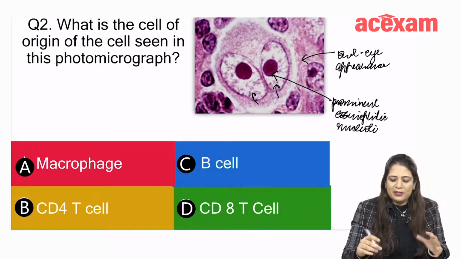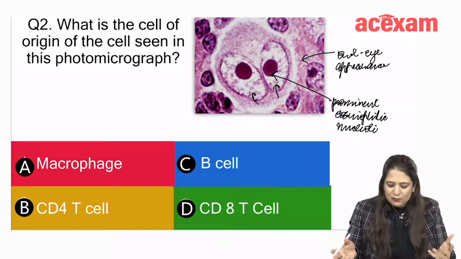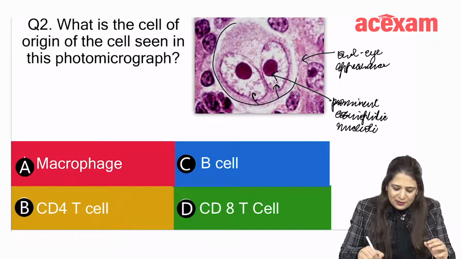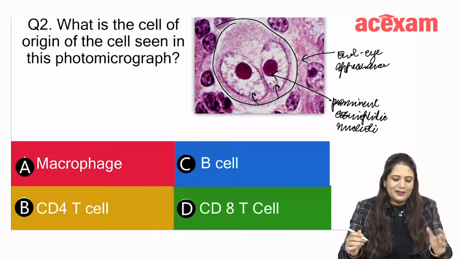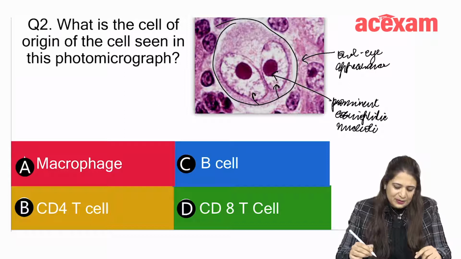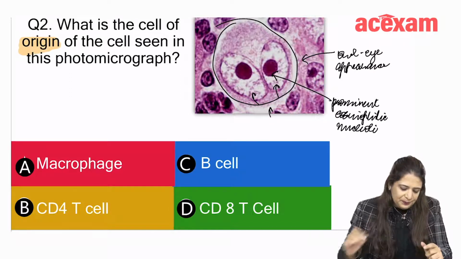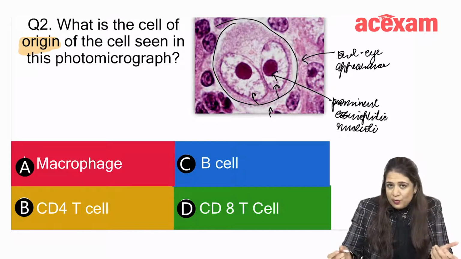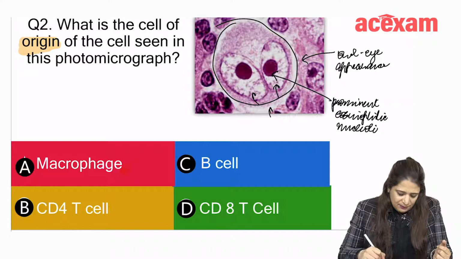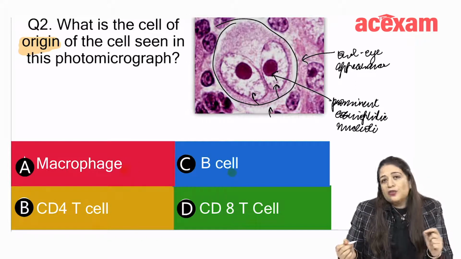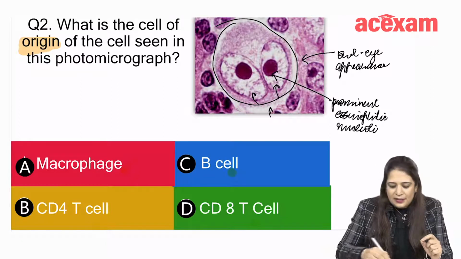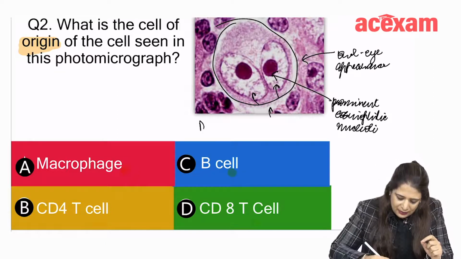This image is so beautiful, it almost looks like some person is staring at you from the microscope, owl eye appearance. In this question, they have asked what is the cell of origin? The options provided to you are the macrophage, the B cell, CD4 T cell or the CD8 T cell. So if you know that this is the classical or the diagnostic Reed-Sternberg cell,